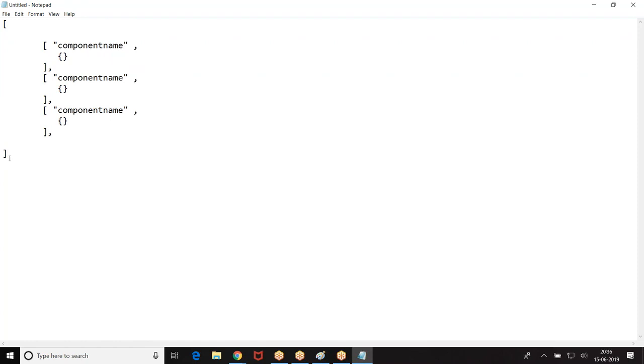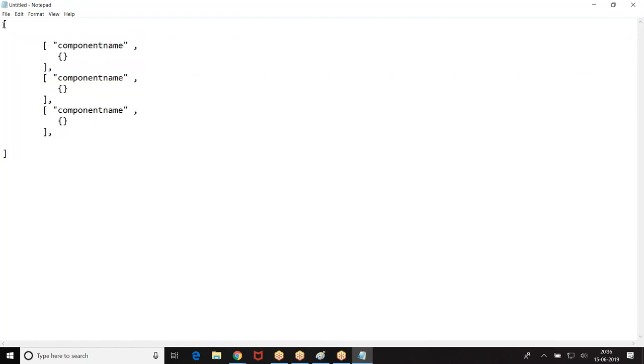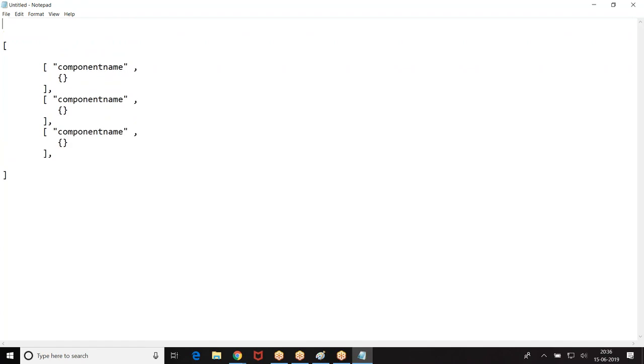Then these are components. Previously we have given $A.createComponent, but now you have to give components. You have to give dollar components, comma, status. Just remind me, we'll do one example.